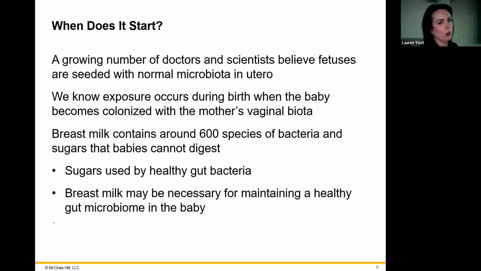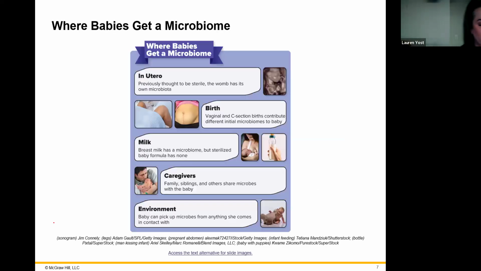All right, when do we start getting our biome? And when does that start getting associated with our body? Well, it actually starts in utero. They used to think that it was sterile in there, and they found out that you do have a biome